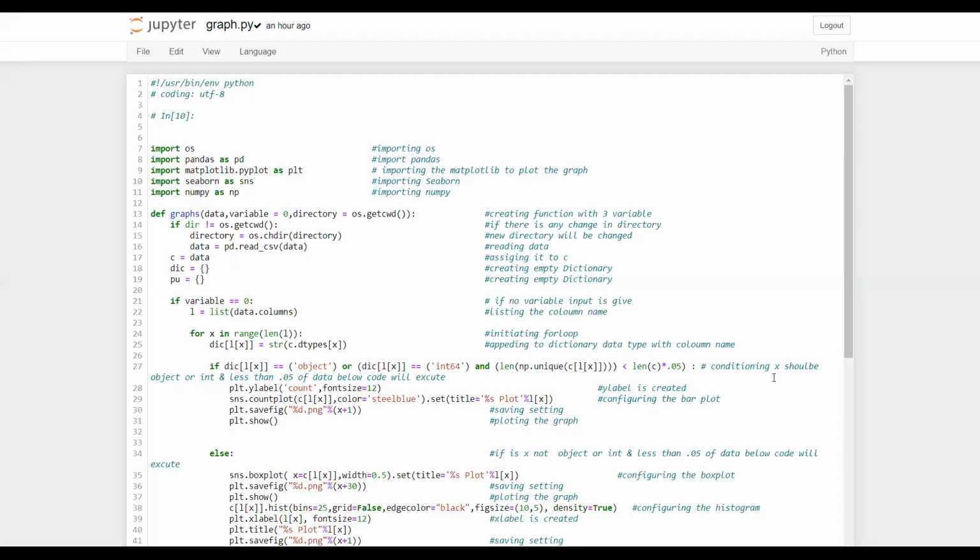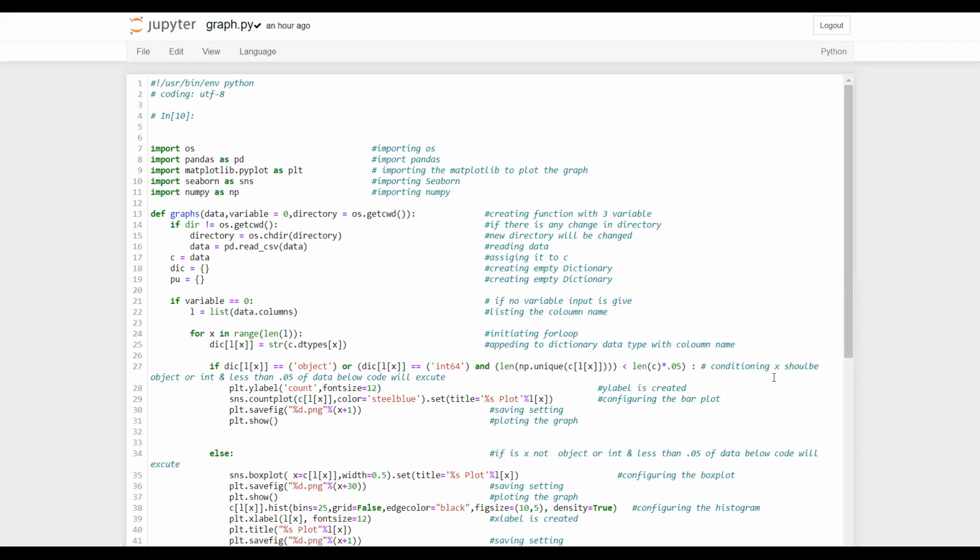Hi all. Here we have created a package for a graph, and our team consists of three people. One is me, Yogesh, another one is Shamil, and another one is Vishwak Balaji. We three created a package for graph, where the graph function would be taking three inputs.